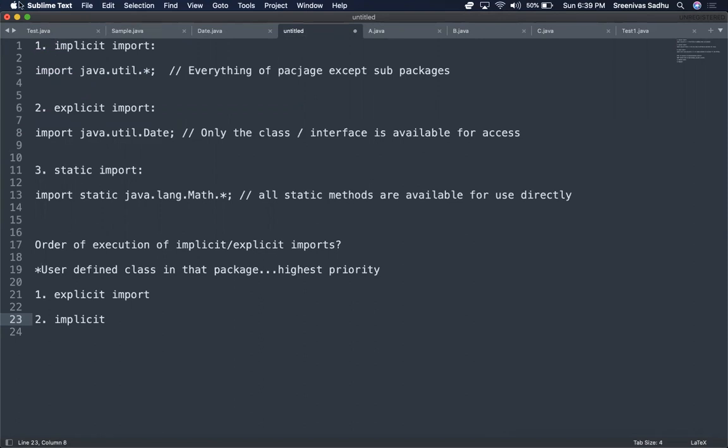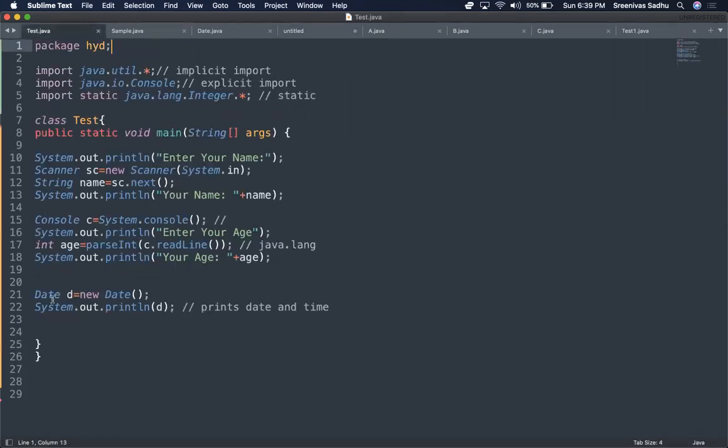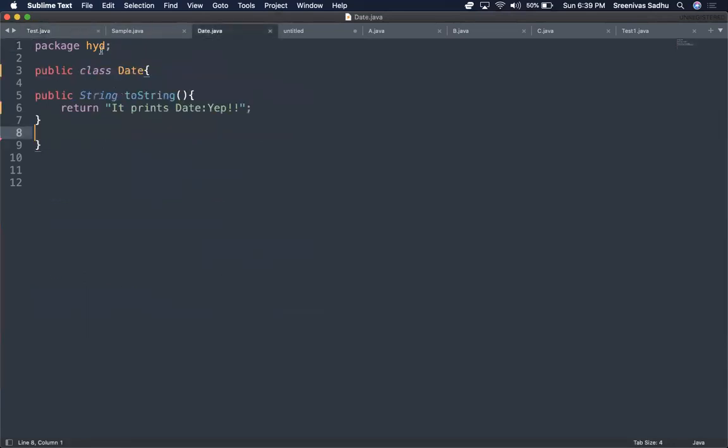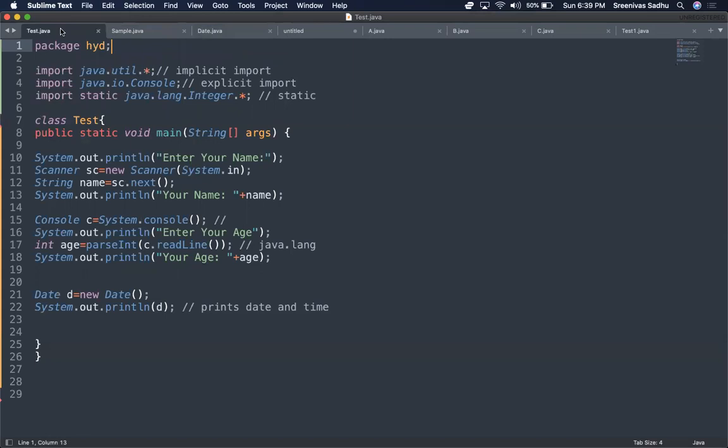That's what we have seen with the Date class, which belongs to this Date.java as part of my package HYD, and it's not referring to the util package. I think this is clear, and you are able to answer very clearly with program examples when somebody asks about implicit, explicit, and static imports.